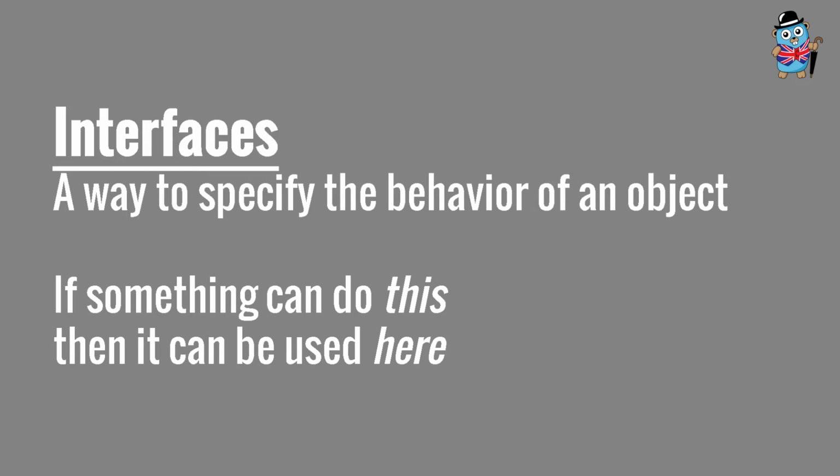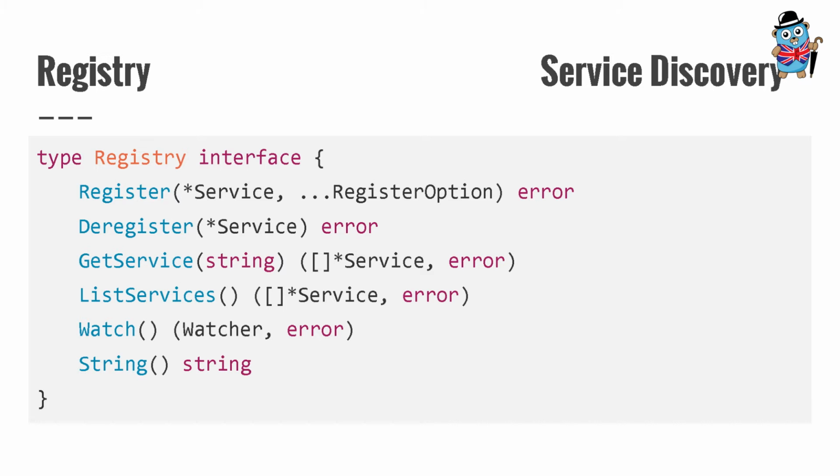Go has this really powerful concept of interfaces. I think you're all aware of it by now. You all probably know how it works, and you've used it, and you understand it really well. For me, it was a really interesting thing. I ripped this definition out of Effective Go: if something can do this, then it can be used here. So essentially, you define some interface, and then you can implement it. One example of that would be service discovery. This is the registry interface for service discovery in Go Micro, and it's a very, very simple abstraction for service discovery.